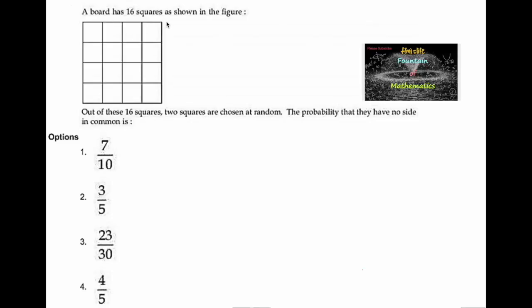A board has 16 squares as shown in the figure, 4 rows and 4 columns. Out of these 16 squares, 2 squares are chosen. Then the probability that they have no side common. So we have total 16 squares in it. 2 squares are chosen. So total